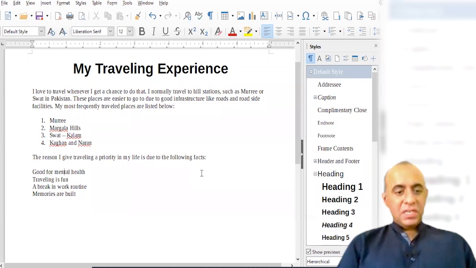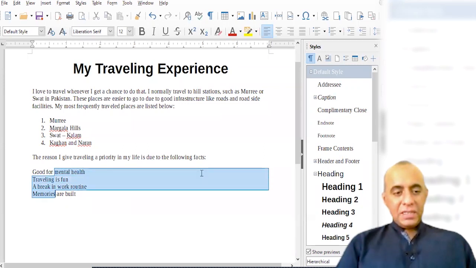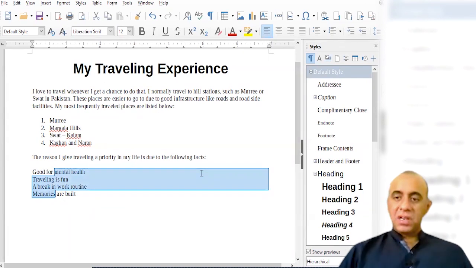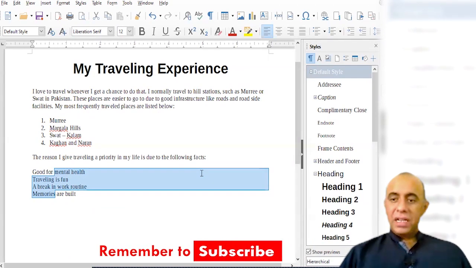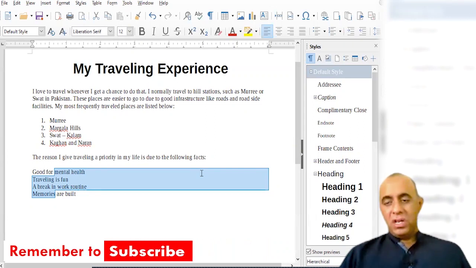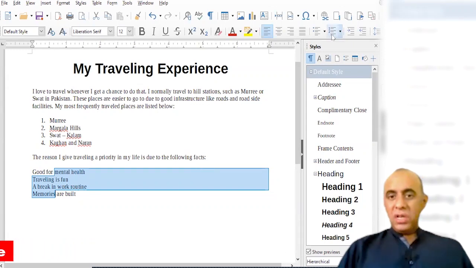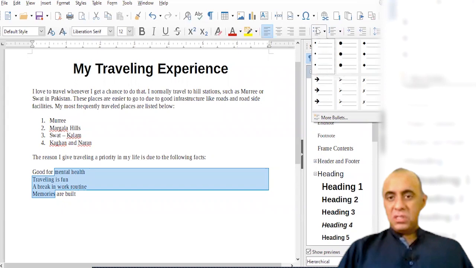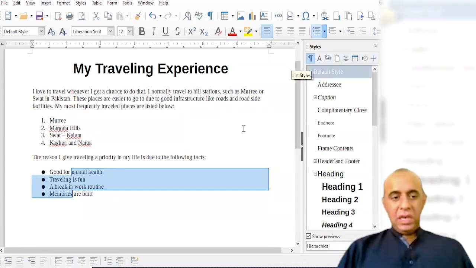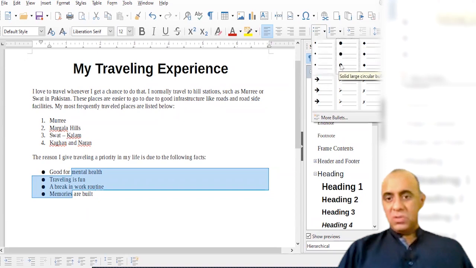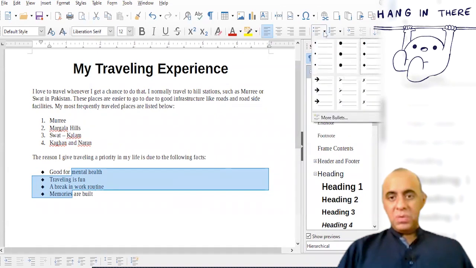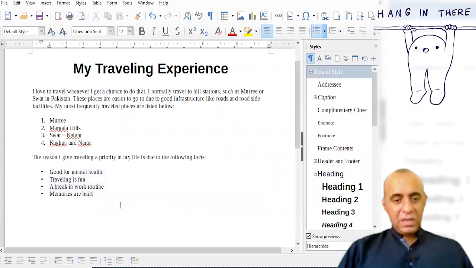I'm going to select all of these, and as I mentioned in the last class, you don't need to select the complete lines, because all of these are taken as paragraphs in the eyes of the software. I can just select any part of the starting and the last paragraphs, and the paragraphs in between are selected automatically. Now I see that there are bullet options. This button shows me different bullet options, and I can select any bullet style I like. I'll select the second one, and maybe these are too big, so I'll select the third one, or maybe the first one. You can select any bullet style that you like.